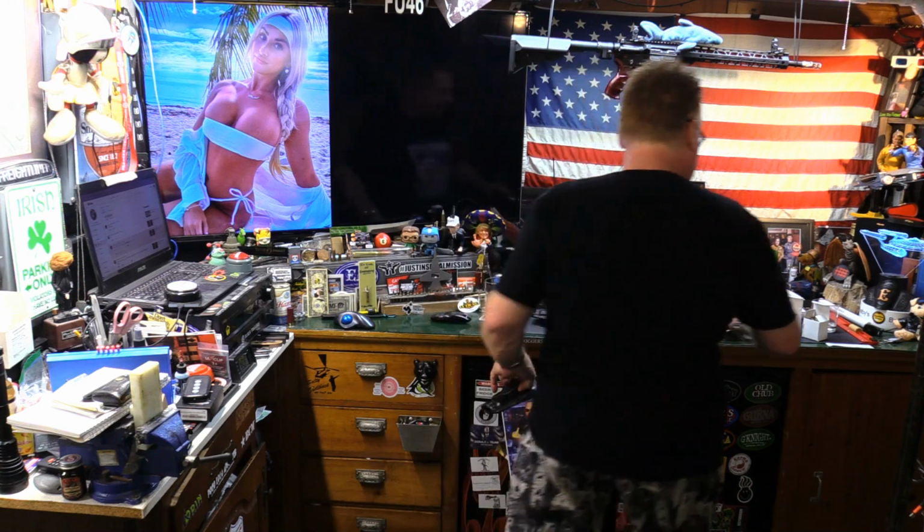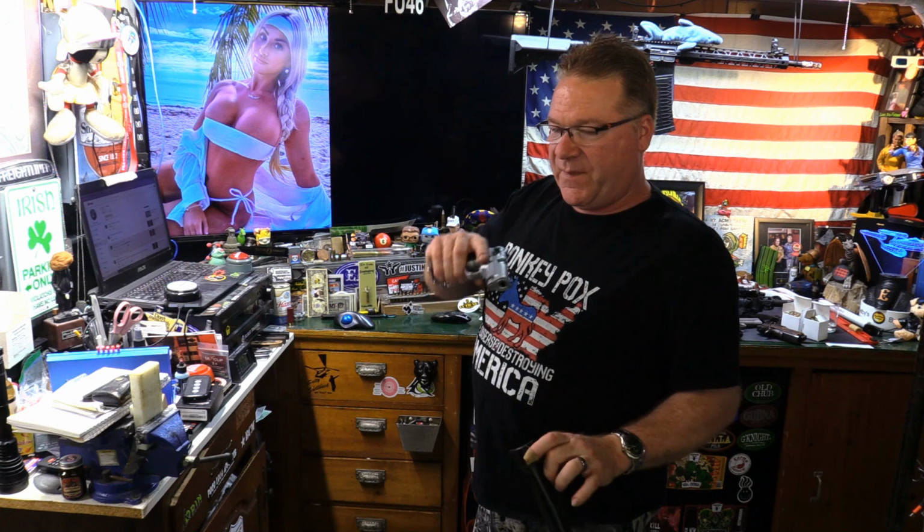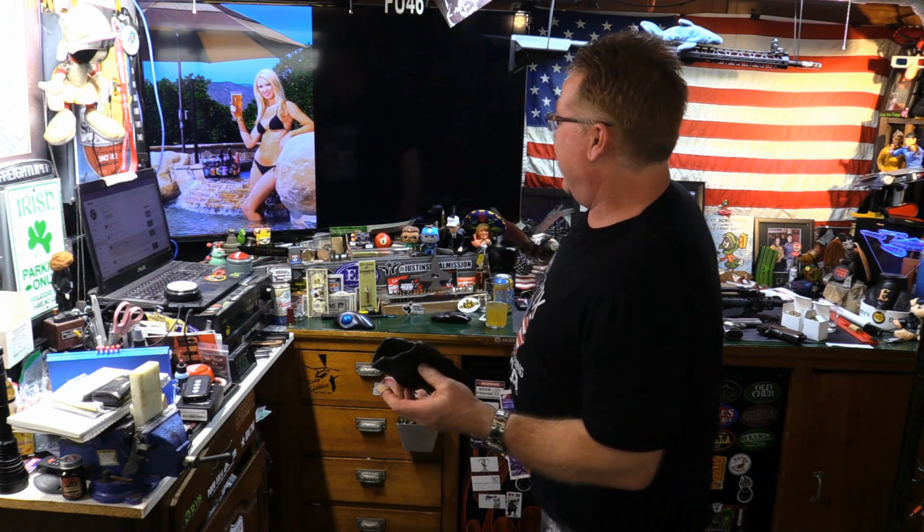Unless, of course... Oh, my bad. Never mind. This is not a 1911 holster. This is Jolson for a P220. Oh yeah, that'd work nice for Ed's gun, because the SIGs are wider than a 1911, and so are the old Smiths. That actually works perfectly in there. But we save this because someday,